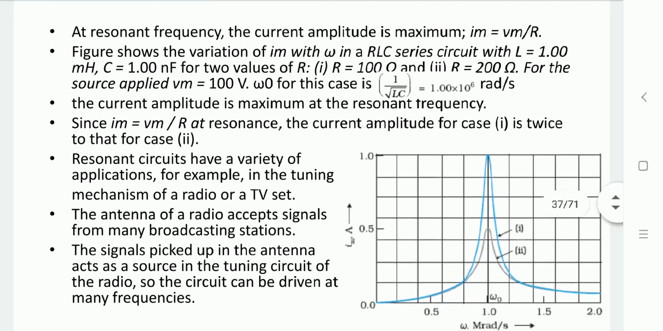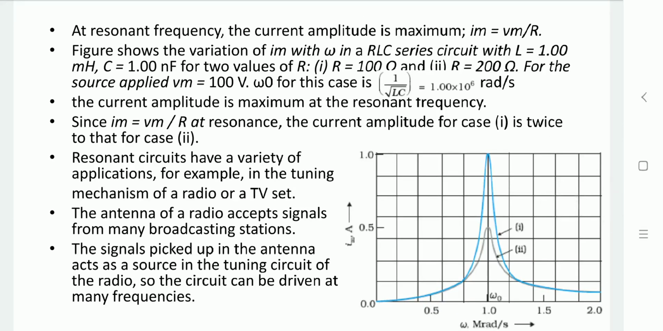Now in this diagram you can see that at omega 0 the maximum amplitude is there, and for the rest of the frequencies the amplitude reduces rapidly, and at the end it will be 0. Here two graphs are there, one is the blue line, another one is the gray line. It shows that if the resistance value varies, then the maximum amplitude can change, because